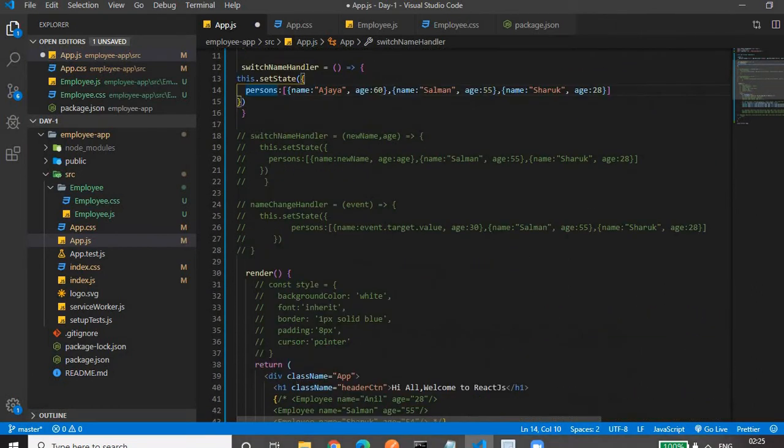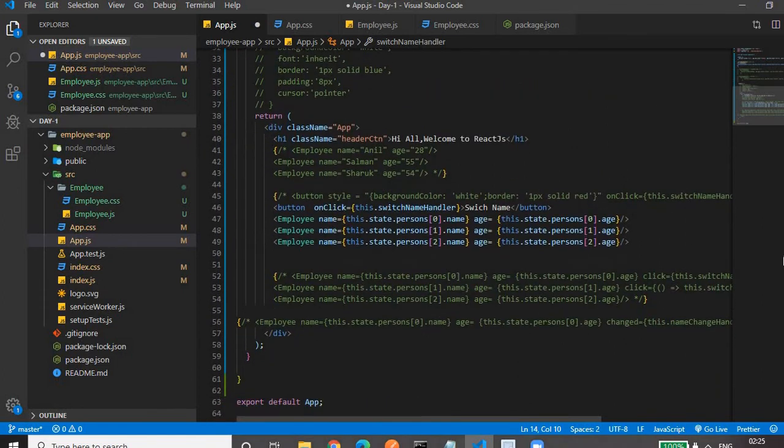Then we'll see on click of button. So on click of button, this is the event that is being triggered. In normal JavaScript, in onclick the c is in lowercase, but in React.js, the C is in uppercase. That's the difference. This is like JSX code. In the onClick event, C should be caps. Similarly, for the onChange event, C should be caps. But in normal JavaScript, everything is in lowercase.